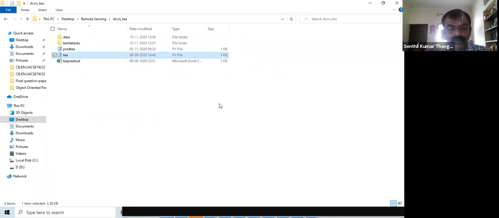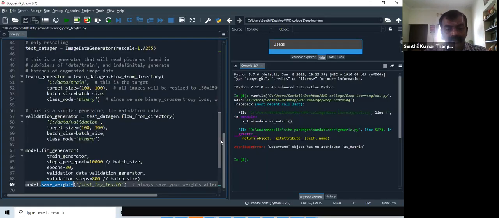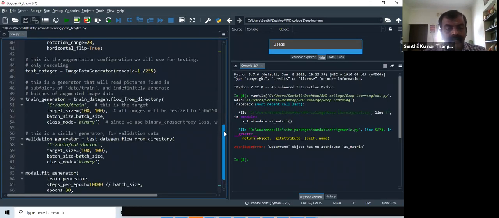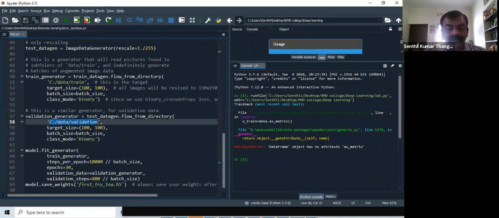Now, when I run my model code, this code will take the data which is there in the validation folder. Can you find it? See here, C drive / data / validation. So this is taken as input and it is trying to create a model file. The model file is what will be used for evaluating the test data. Please understand, what we are doing now is the training process.